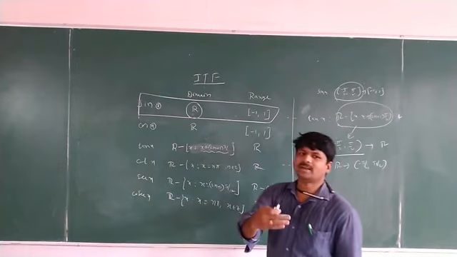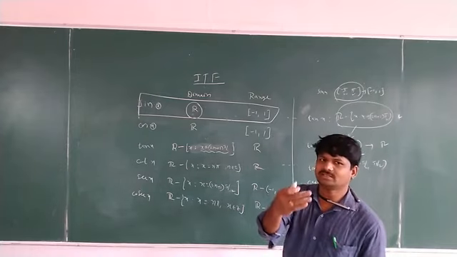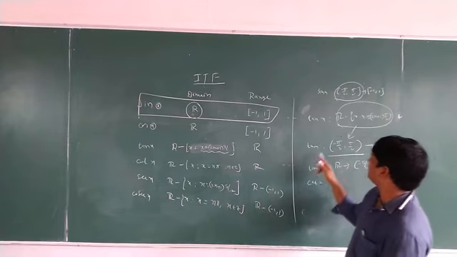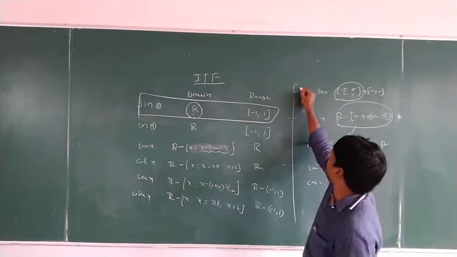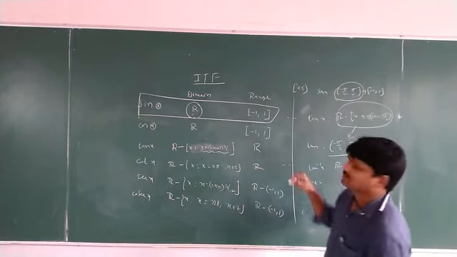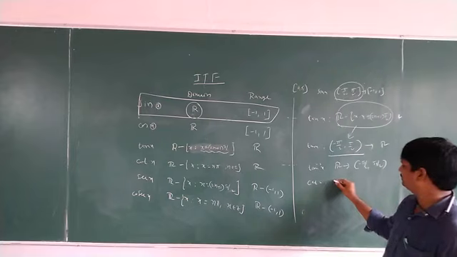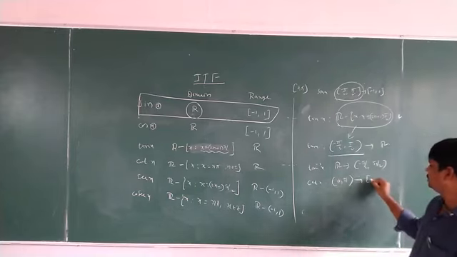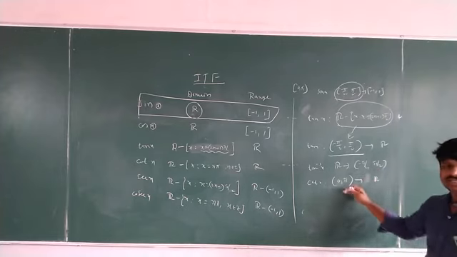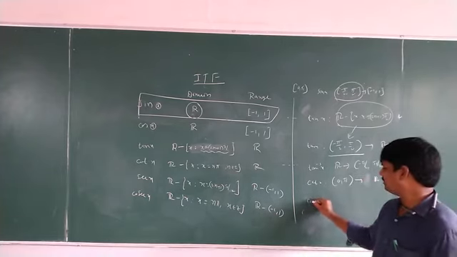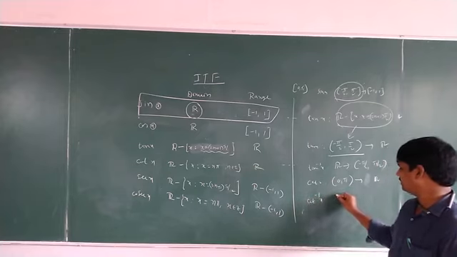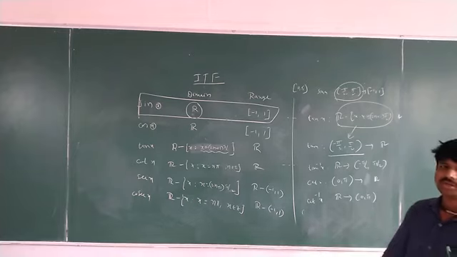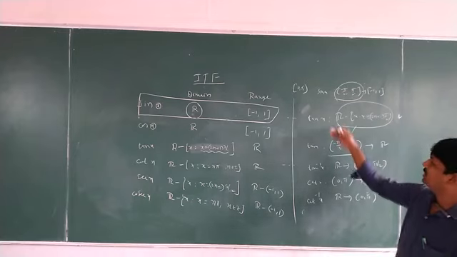Cot depends upon cos by sin. Cos means what is the interval here? Cos has the restricted interval 0 comma pi. But here we have an open interval. Cot has the open interval 0 comma pi. It is a bijector. Then cot inverse we have to define. Cot inverse x is from R to the open interval 0 comma pi.